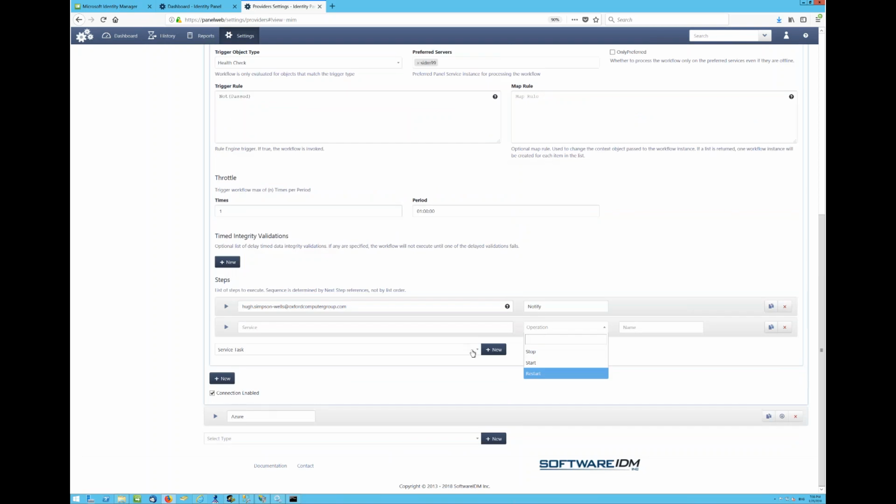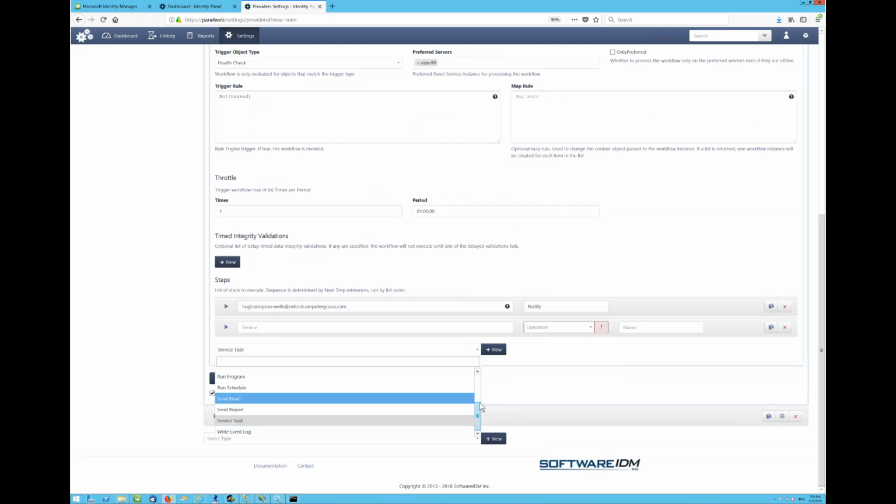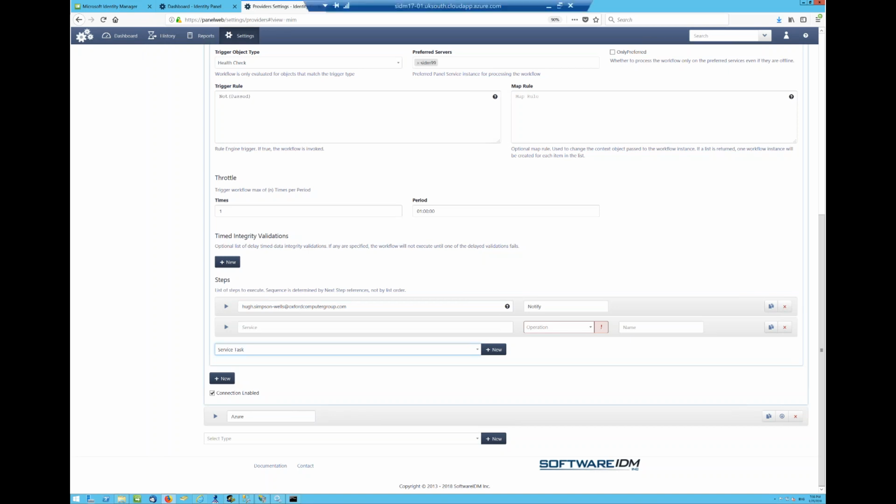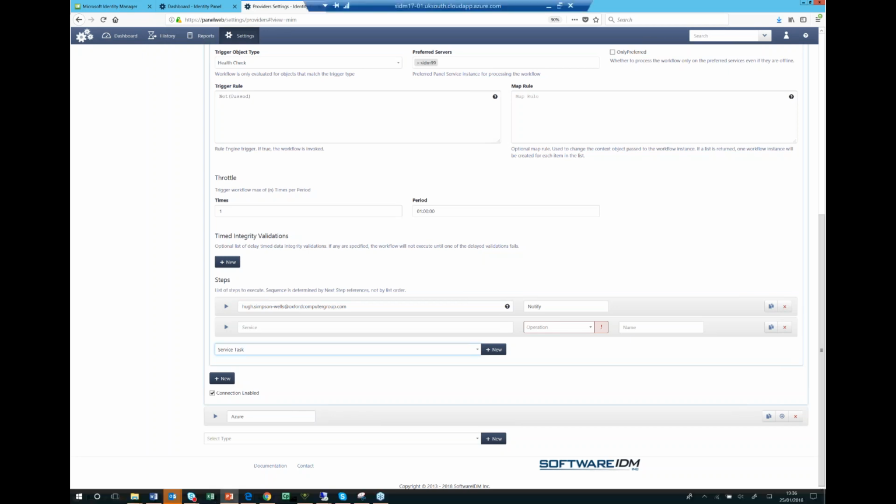What else could you do? You could run a program, you could run a script. Basically, you can trigger one of these workflows off any change to any object at all. So if any attribute changes, you could use that as a trigger for a workflow. So there's a huge amount of capability here, most of which is probably quite overwhelming at first look. So I will now wrap up